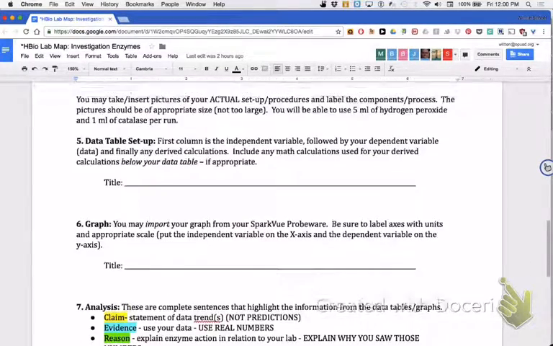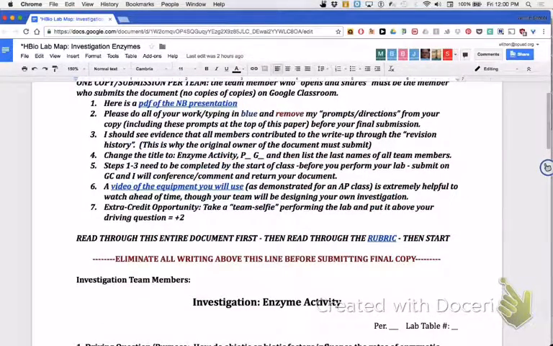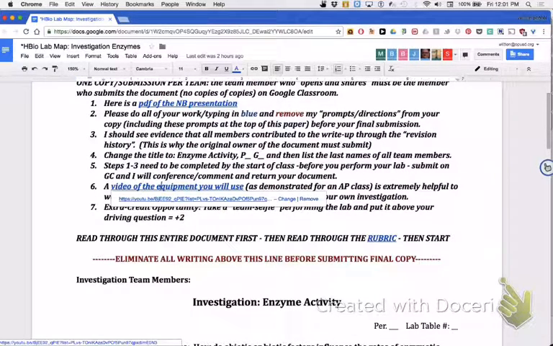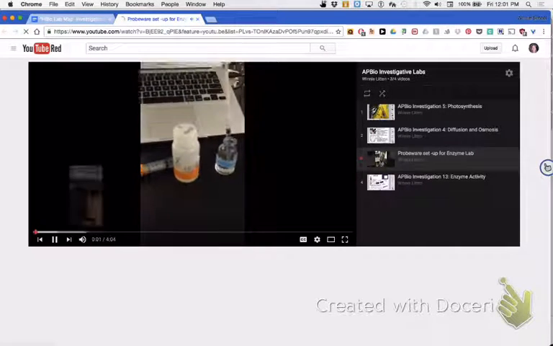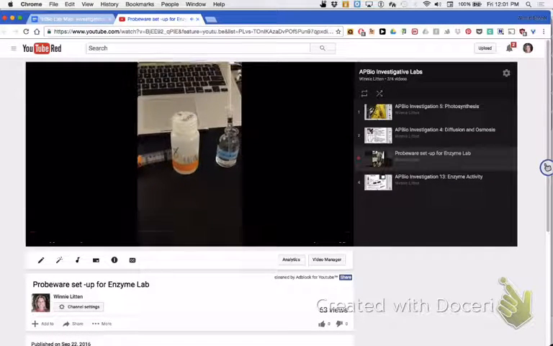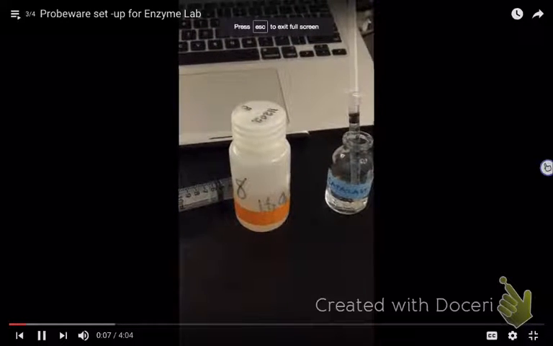Okay, now you've probably never used this ProbeWare before, so I have a video. And by the way, look right here: read through the entire document first, then read through the rubric, so you know how I'm going to grade it. To know how the equipment is, I do have it in the back of the room. But there is a video, and you can mock me, I'm good with it. I did this while I was holding my phone. Enzyme activity. When you watch this, it will show you how to